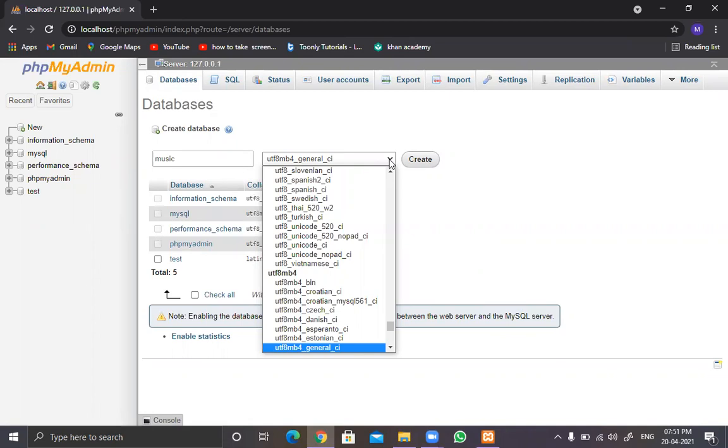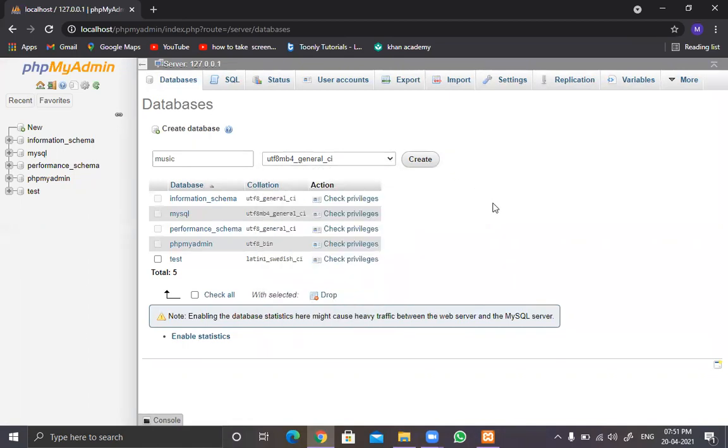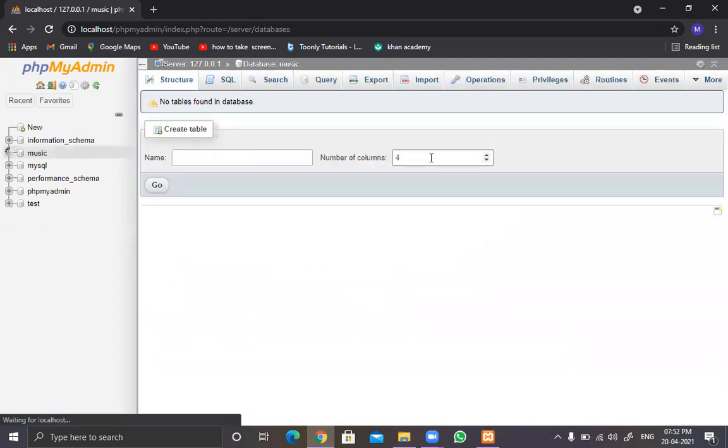Unicode is necessary, reason being, you might want to use the original language characters in your text. If it's UTF-8, then it is going to support the original language. Otherwise, it's not going to support the original language. So keep it like this, music, and just click on the create button, and it will create a music database.